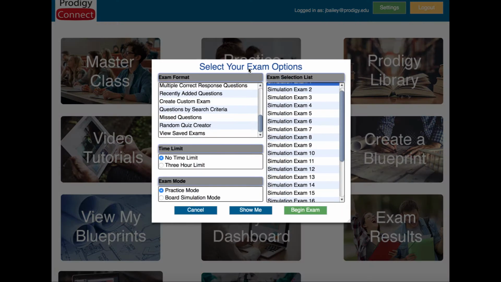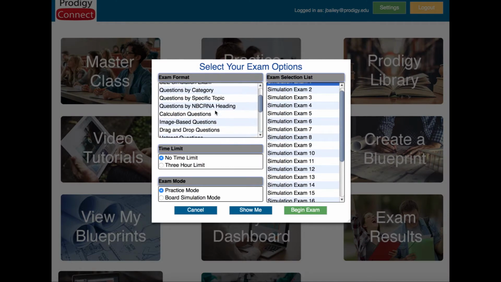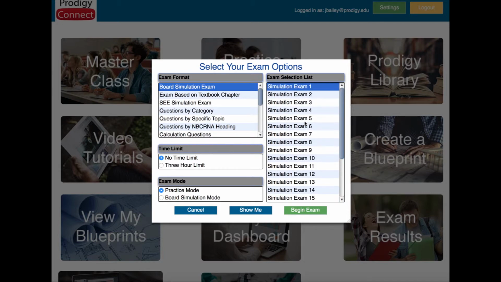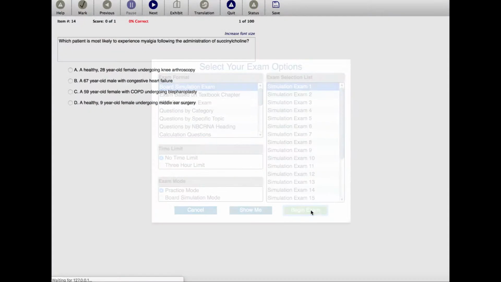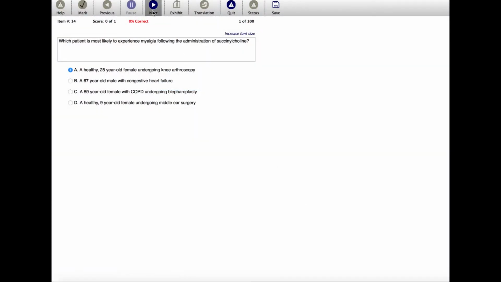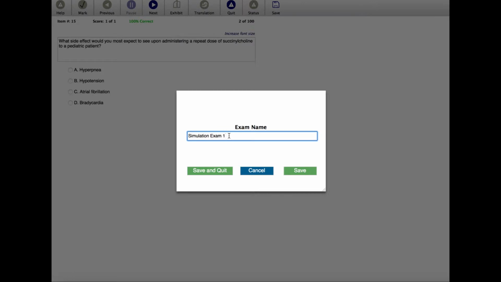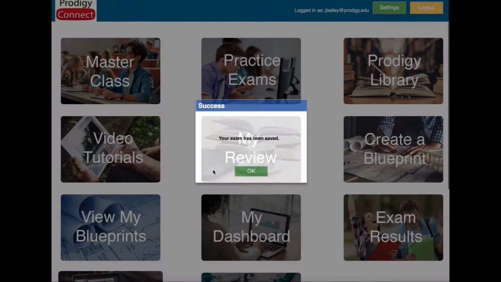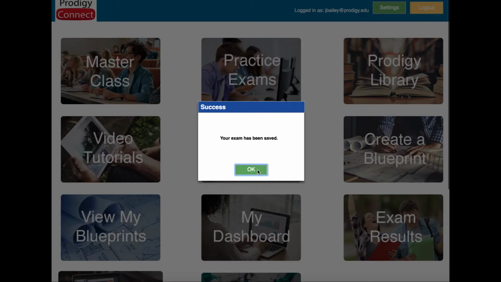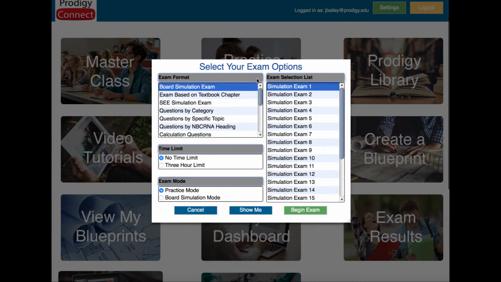So let's click Practice Exams again, and I'll show you, actually let's start Simulation Exam 1 again. And I'm just going to click a couple of answers here, click Proceed, and now I'd like to save my progress. So I'm going to click Save Exam. It'll automatically populate the exam name here, and I'm going to click Save and Quit. It tells me my exam has been saved, so if I wanted to go back to it at any time,